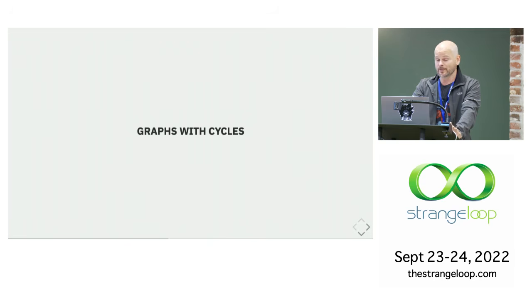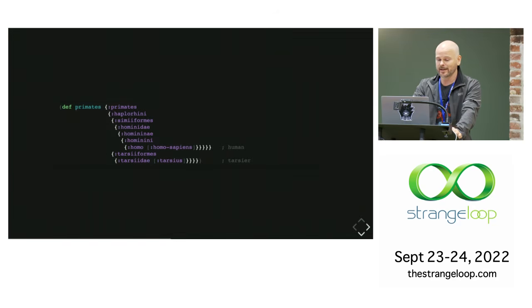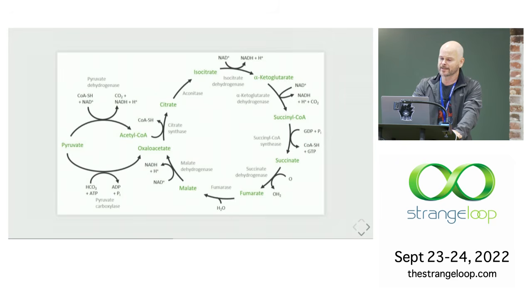our world is full of graphs with cycles. So like here's a closure notation idea of the taxonomy of animals, including us in that cute little tarsier before, and it works fine because it's a tree, and trees are really good at containment. They can do containment in a single acyclic manner. Now this sucks to write down as text.